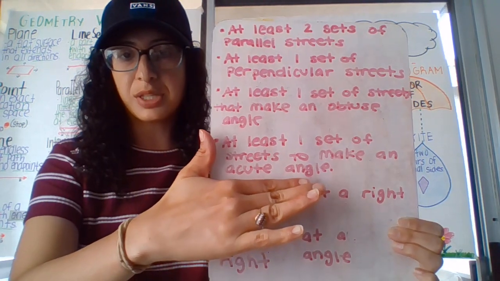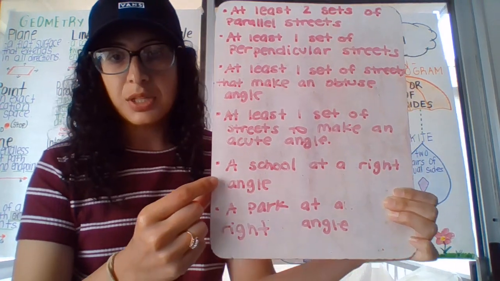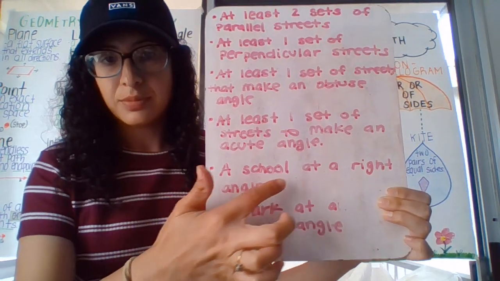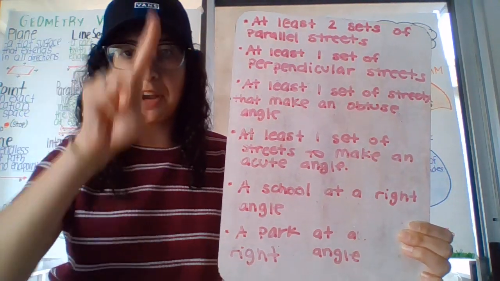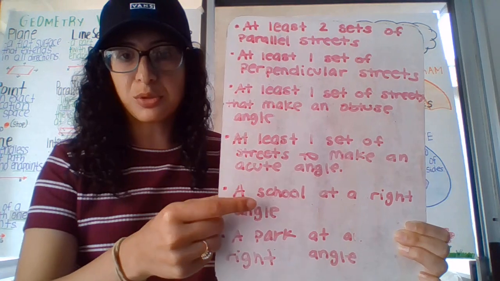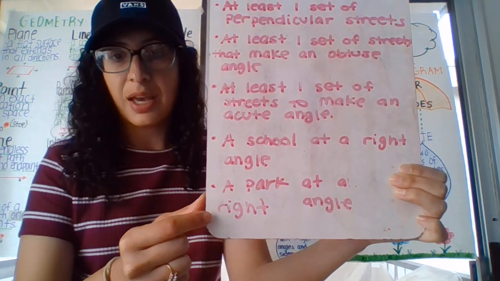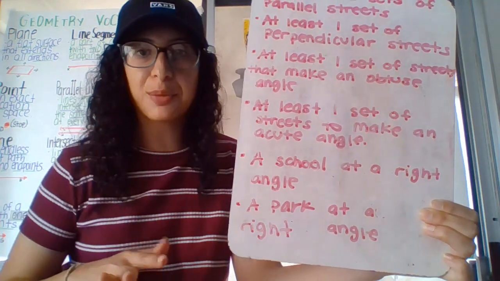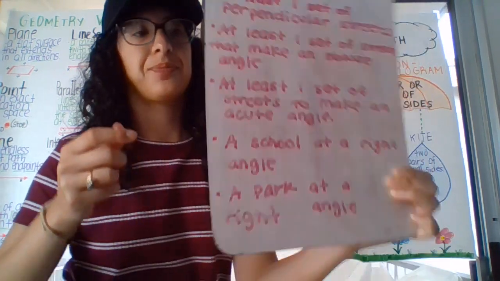So you drew your streets, and now after that, you need to draw a school at a right angle. So on your map with all the streets, you're going to find a right angle, and you're going to draw a school there. Then you're going to draw a park at a right angle. So you're going to find another right angle, and you're going to draw a park, okay? Then